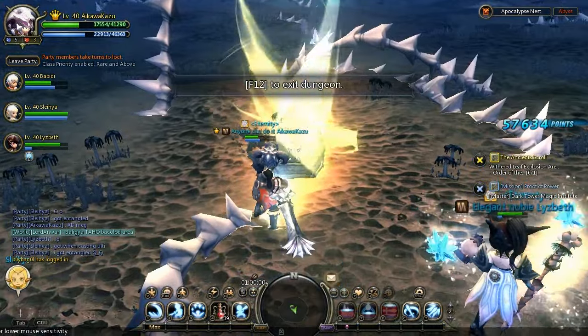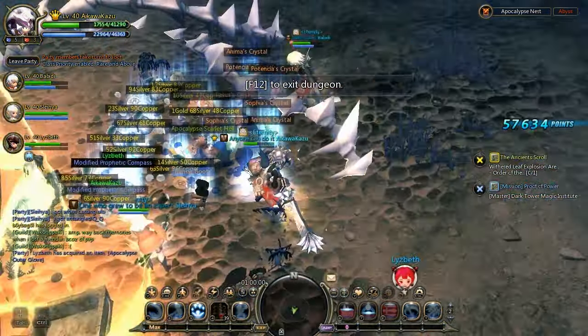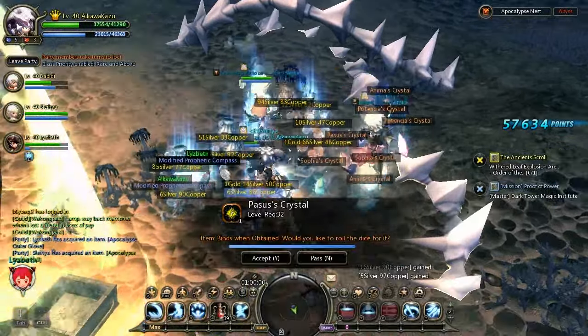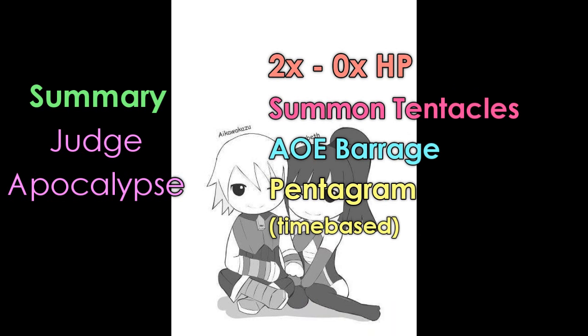So for Apocalypse NES, it's not really that difficult. It's more like you not making mistakes while fighting the boss. And the other one will be at below 2x HP, the boss will summon the tentacles. Save your AoE skills for that, and you might want to look out for your own party mates who get caught by the tentacles, because if you don't get them out of those tentacles, they will definitely die,